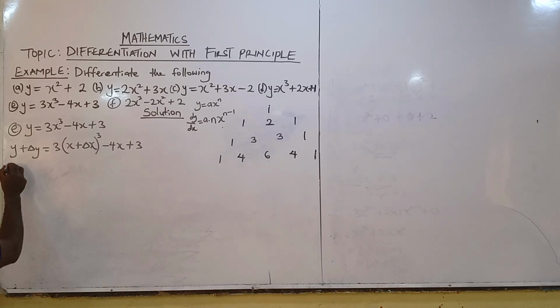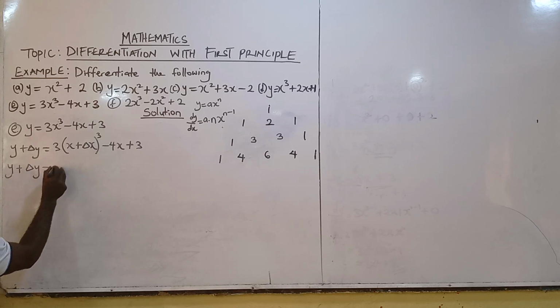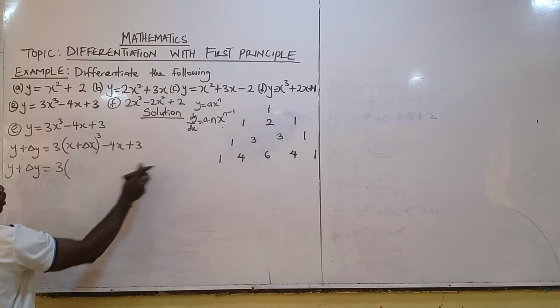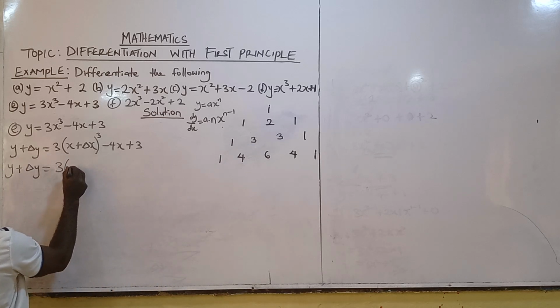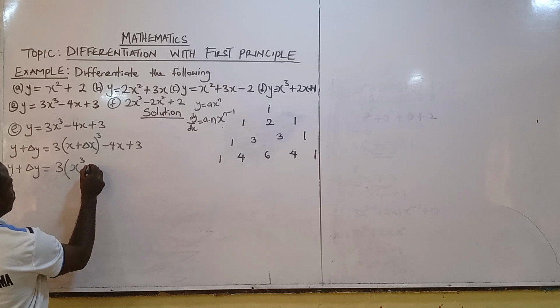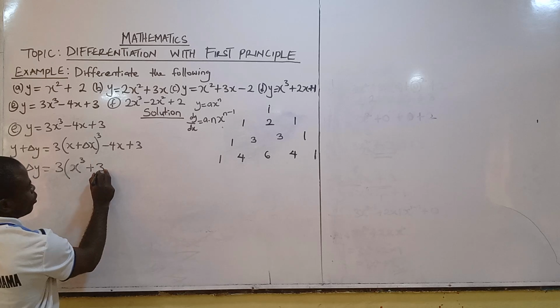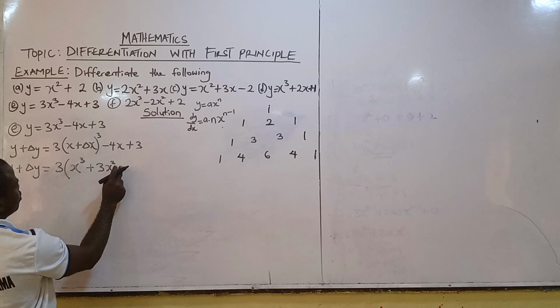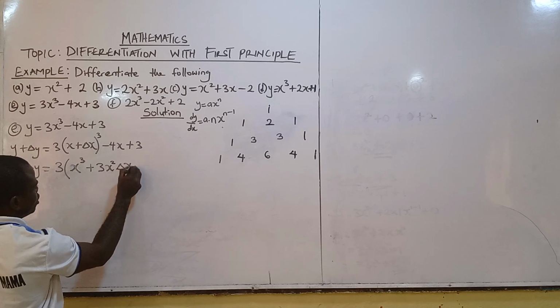From here you have y plus dy equals 3, followed by the cube, that's in the third line, which is x will be cubed first, followed by plus 3x squared, it reduces, dx will come in,